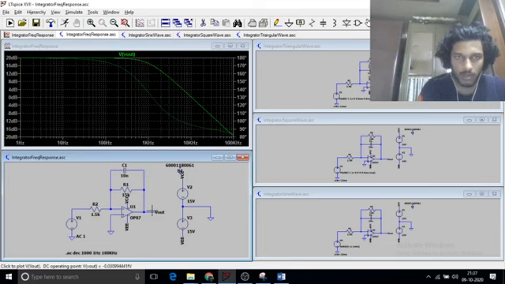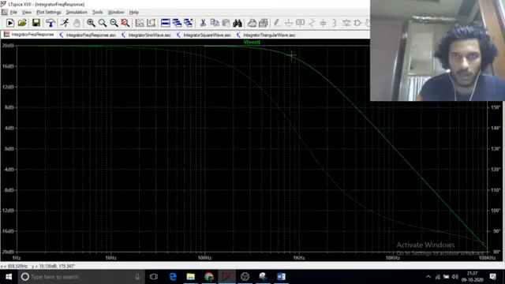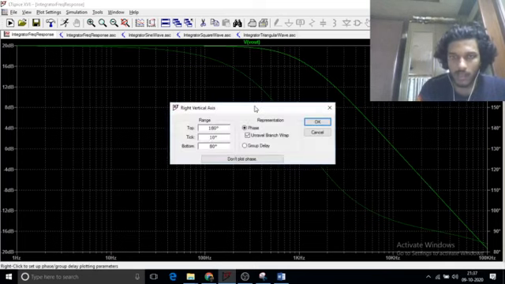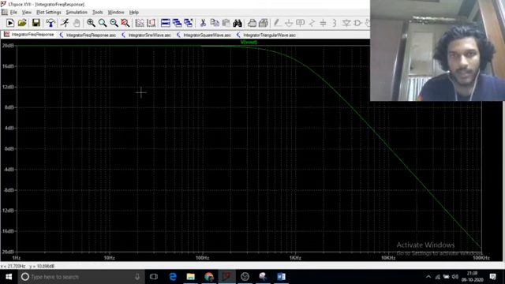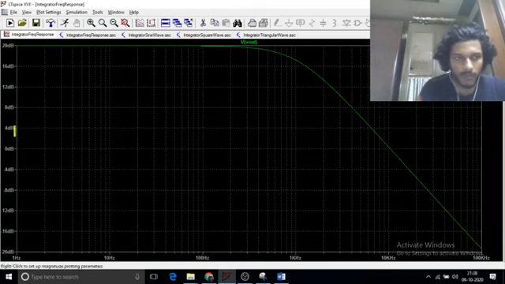click on the output. The upper wave which you can see is the frequency response, while the lower one is the phase response. If I right click here and I don't plot phase, then we get only the frequency response. As you can see, the frequency response remains constant. The gain is 20 decibels until almost 100 or between 100 and 200 hertz, and then it starts to drop. When it meets the 0 decibel line, we get our FB, which is around 10 kilohertz. So that's what we wanted,